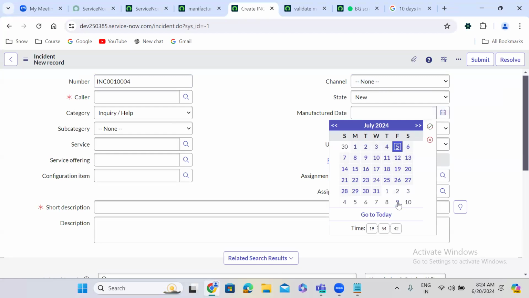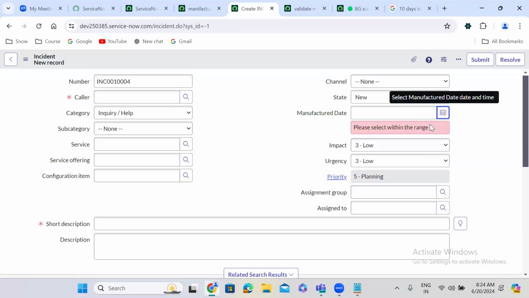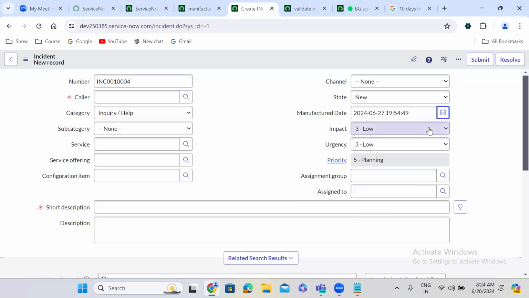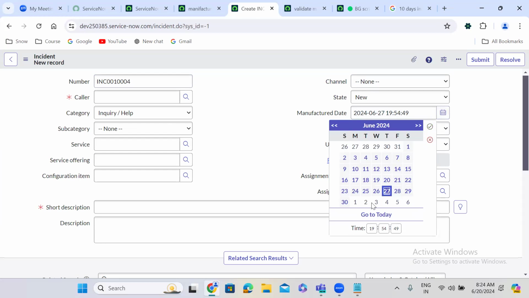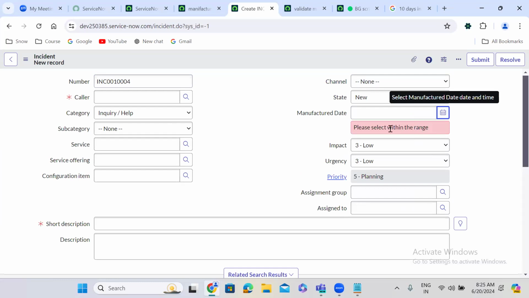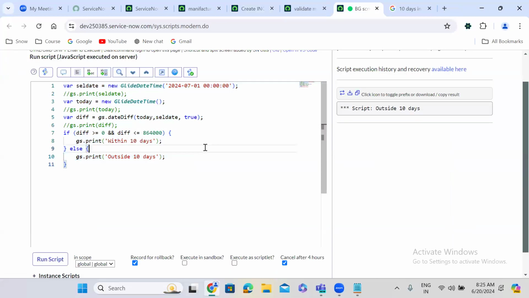So I'm selecting outside the range here. So what is it telling? Please select within the range. If I select between 27, so it is allowing me to select outside 10 days from the current date. Let us say I'm selecting third. What is it telling? Please select within the range. Within the range means we can change the verbiage here. We can change the verbiage to within 3 days from the current date, something like that. So you're able to understand, right, how to do the date validations? Okay. So similarly, guys,